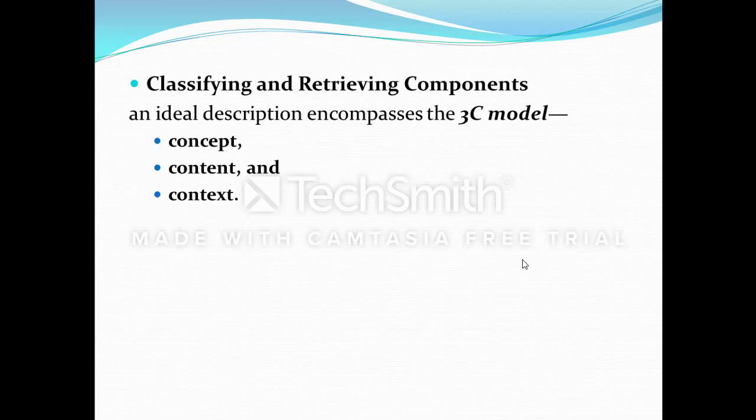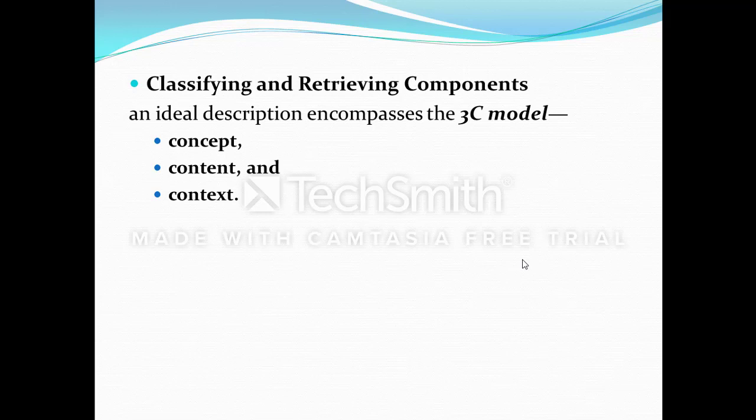Next, classifying and retrieving components. A reusable software component can be described in many ways, but an ideal description contains the 3C model. The first is concept, next content and context.